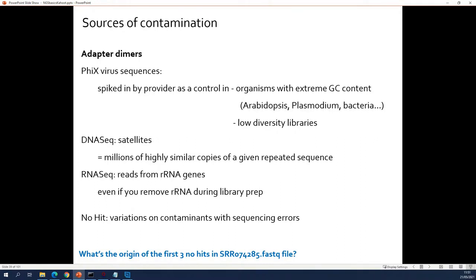So if you have organisms with a very extreme GC content, that's not the case. Then you will have more chance of having an AT than a GC or vice versa. So to make the calibration right, your sequence provider will add these sequences so that they improve the GC content to a normal GC content and the calibration is done in the right way.